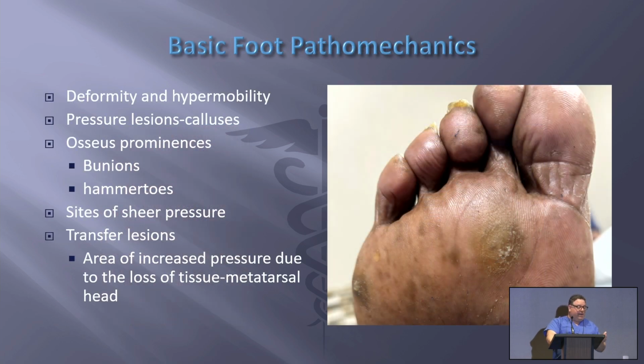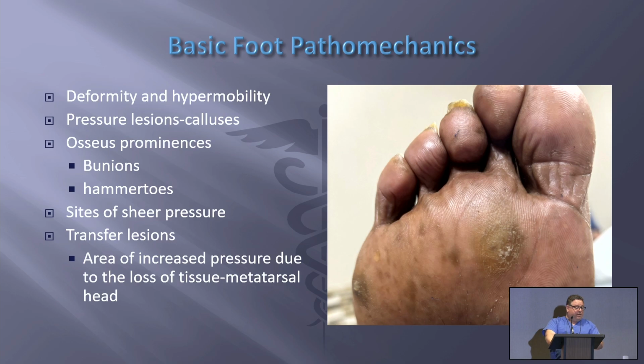Basic foot pathomechanics, deformity and hypermobility, which plays a role in the sensate foot. If patients come in with a painful callus in the bottom of the foot, especially the second metatarsal head, that tells me that there's hypermobility of the first ray. The bunion bone, the first metatarsal, is hypermobile, and all the pressure's underneath the second metatarsal head. So somebody comes in complaining of a callus underneath there, I know maybe an orthotic will help them, obviously, and debridement of that callus, but in a diabetic,